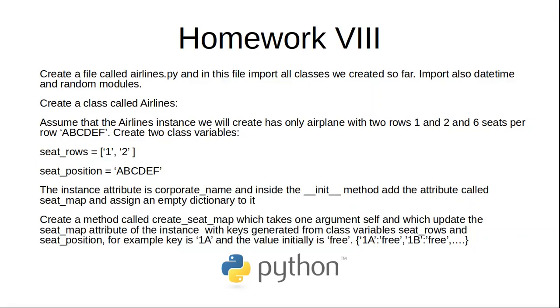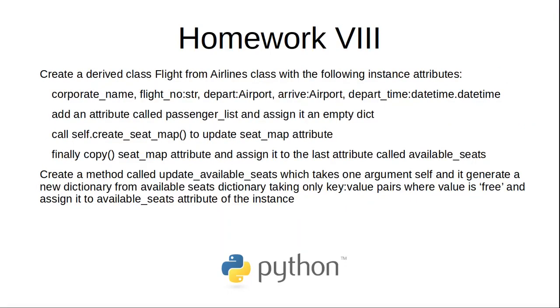Here is an example of the dictionary we will create. Then create a derived class called flight from airlines class with the following instance attributes: corporate name, flight number, a string,